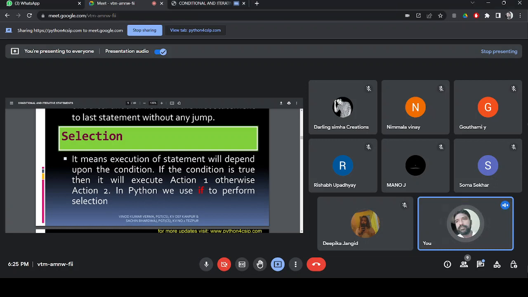See friends, what I discussed so far is three types of statement: empty, simple, compound. The way the statements are executed by the computer is called flow control. How the execution is flowing from one line to another. It can be in sequential order, or it may be selective, or it may be iterative. Three flow controls are there: sequential, selective, or iterative.